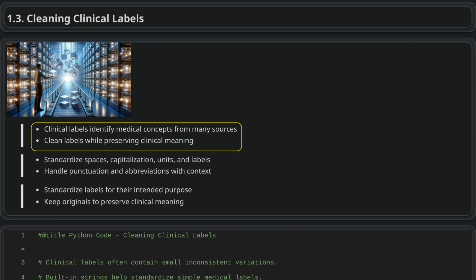Standardize clinical labels by removing meaningless variation, such as extra spaces, inconsistent capitalization, and uneven punctuation. This helps ensure that equivalent terms, like different forms of ICU or medication labels with varied units, are treated consistently in analysis. However, handle punctuation and abbreviations carefully because they may change meaning or create ambiguity depending on the medical